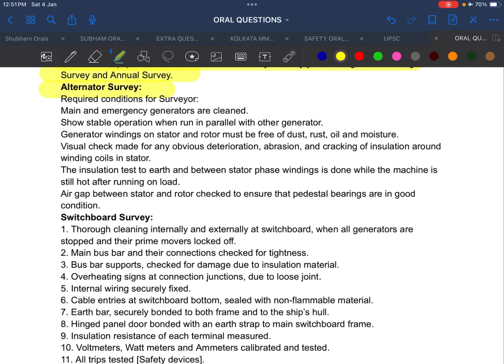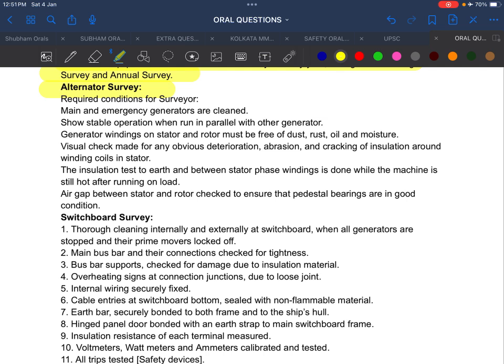How they are checking, how you can check, I already explained in my alternator section video. I already made one video on the generator. You can go through there. I will give the link in the description also. You can get complete knowledge about the alternator, how the alternator is working, and how you can check the insulation resistance of the stator and exciter winding, how the voltage is produced in the alternator, why the diode is fitted there, what the purpose of the diode is, what the purpose of this varistor is, what the purpose of the surge suppressor is,